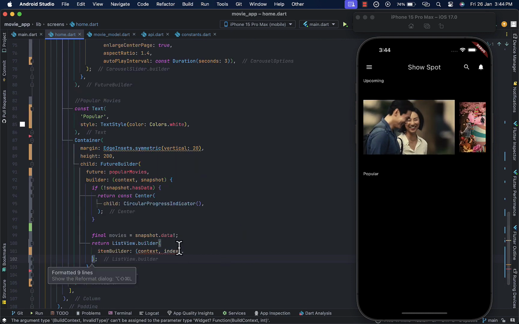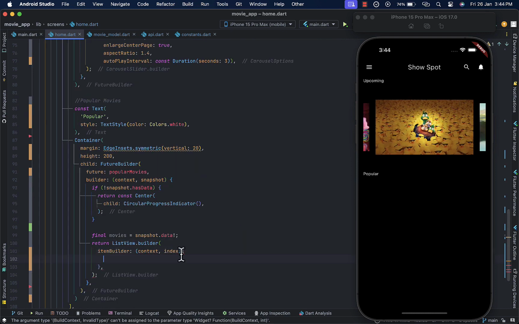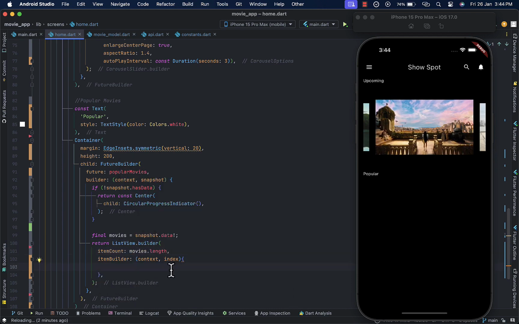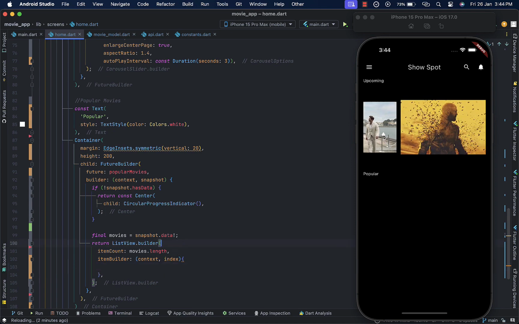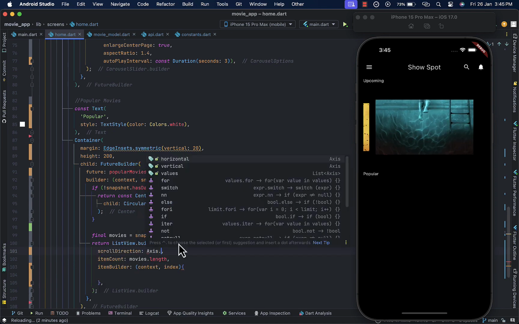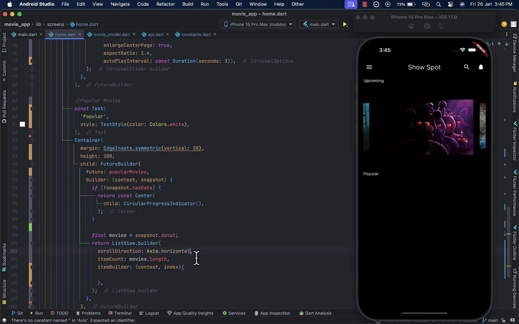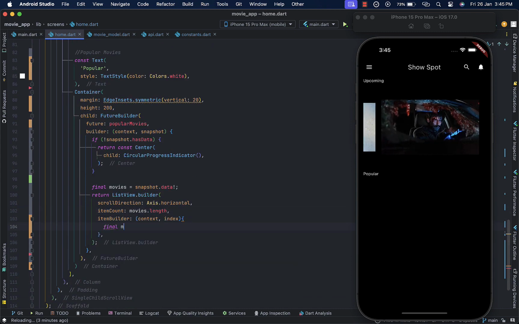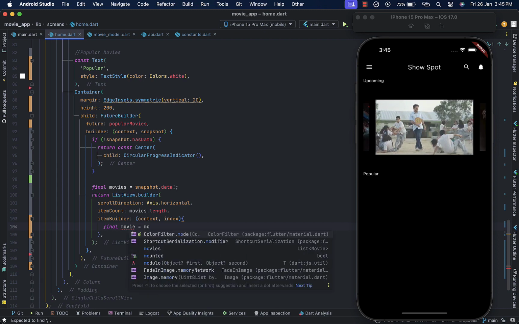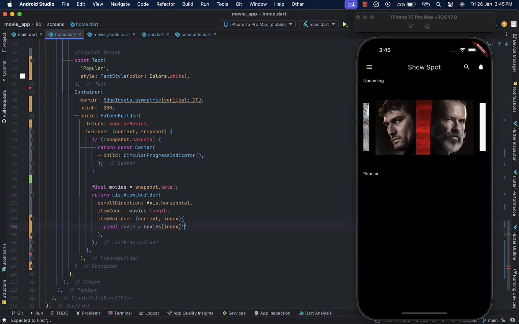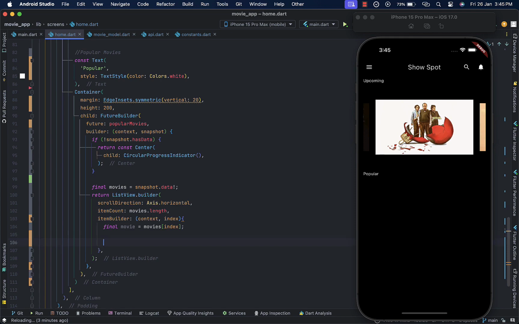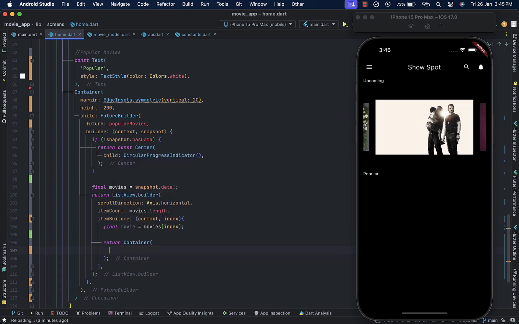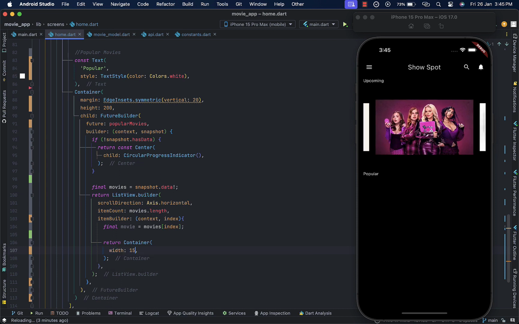So in the item builder, it takes in the context and also the index and returns a widget, right? So the list view builder comes with the item count, right? So you can just pass in our movies.length, and within the item builder, let's set the scroll direction to be axis.horizontal. So in here, you can just extract a single movie by passing the index to our list of movies, right? And we can proceed to return a container